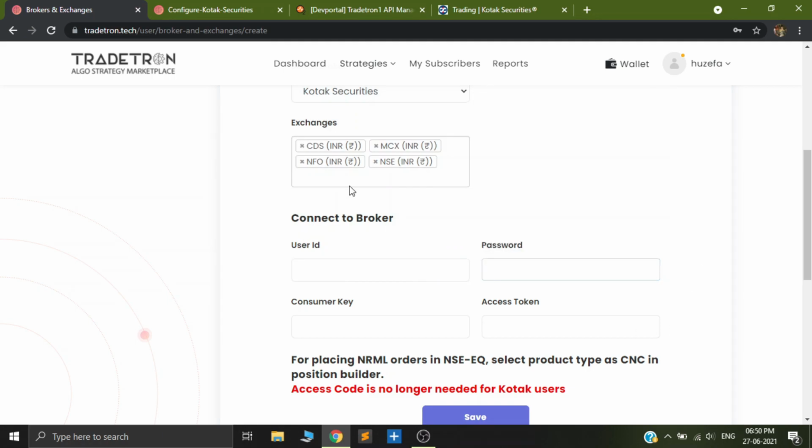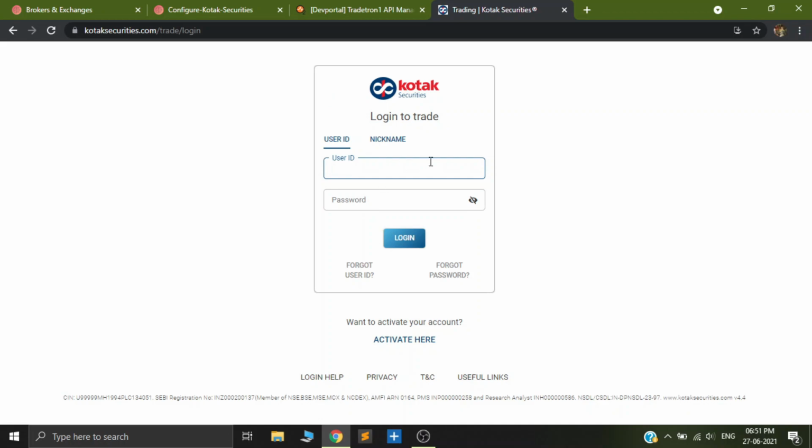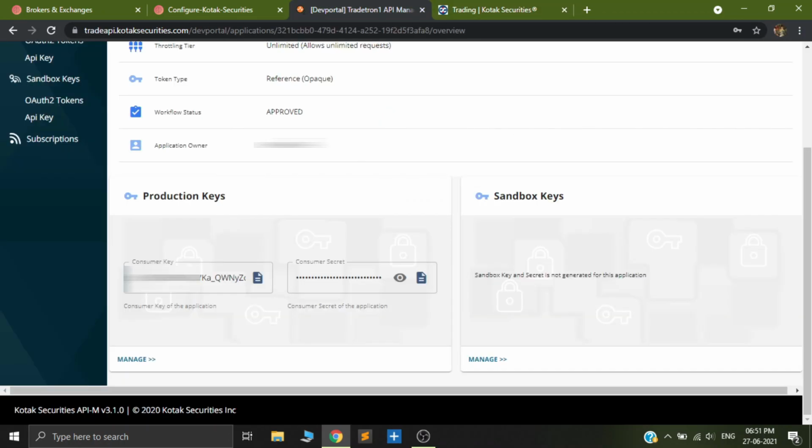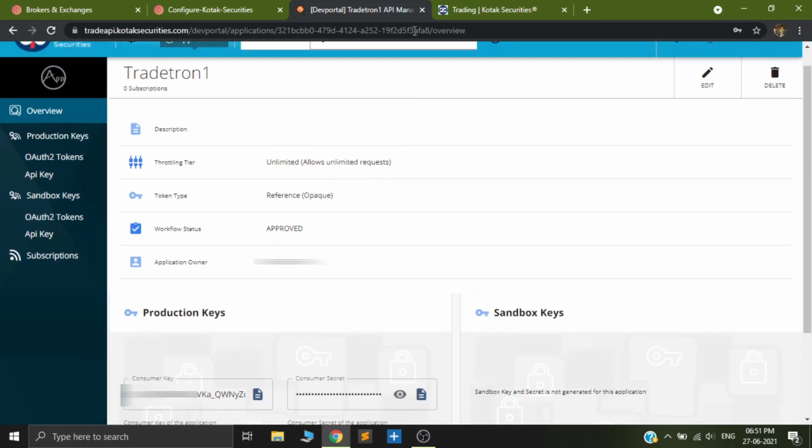After clicking on Kotak, you'll see something like this appear. You need to fill in your user ID, password, consumer key, and access token. Make sure that the user ID and the password that you share out here are of the Kotak Securities trading website page and not of the API manager page.